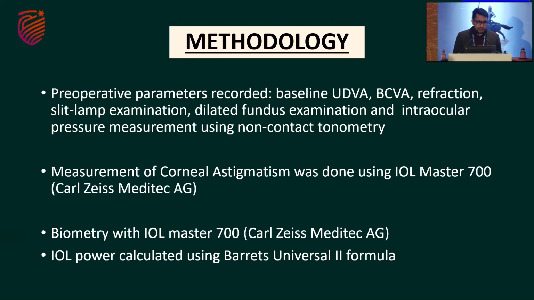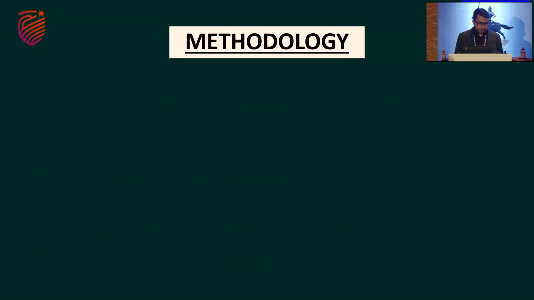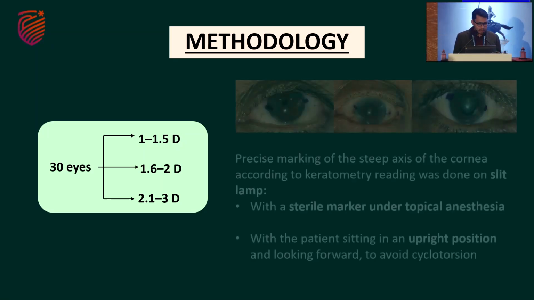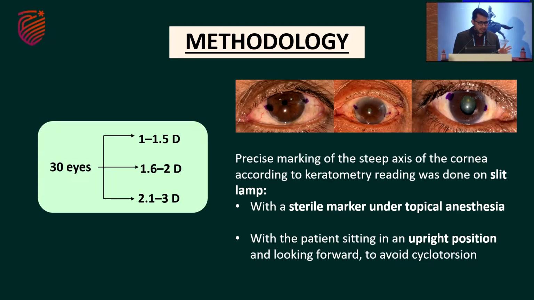The preoperative parameters measured were vision, refraction, slit lamp, dilated fundus exam, intraocular pressure using NCT, and both keratometry and biometry were measured using the IOL Master 700. Barrett's Universal 2 formula was used for IOL calculation. The 30 patients were divided into 3 groups of 1 to 1.5 diopters, 1.6 to 2 diopters, and 2.1 to 3 diopters. And precise marking of the steep axis of the cornea was done according to the K value